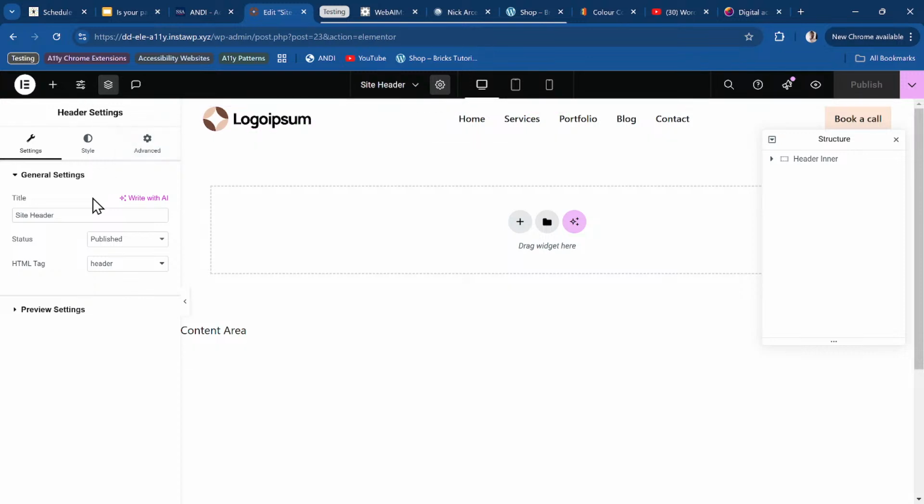Then all you have to do is, first, I like to rename things to be in a logical order in my brain. So you see, I renamed the header to be site header, then change the HTML tag to header. That will then give you the landmark region for header. If your builder, for some reason, does not allow you to do that, then the second way you can do it is